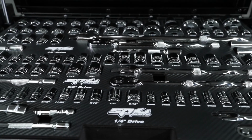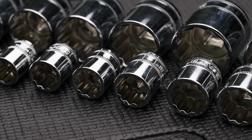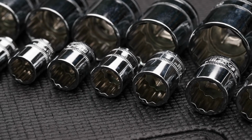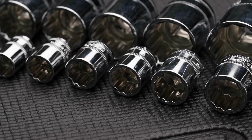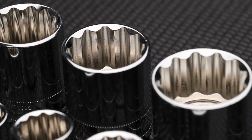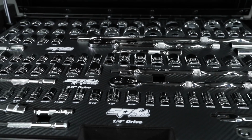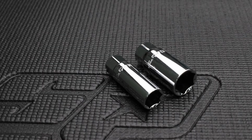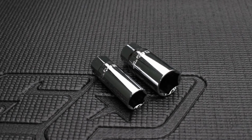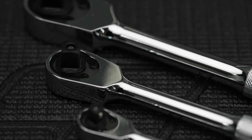The tools. SP Tools 105-piece metric and SAE socket and accessory set in EVA foam. This kit includes quarter drive metric and SAE sockets 4 to 14mm and 3/16 to 9/16, 3/8 drive metric and SAE sockets 6 to 22mm and quarter to 7/8, half-inch drive metric and SAE sockets 10 to 32mm and 3/8 to 1 1/4, a 3/8 and half-inch drive spark plug socket in 5/8 and 13/16,